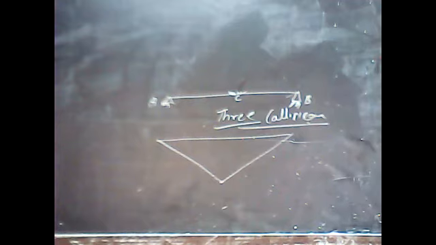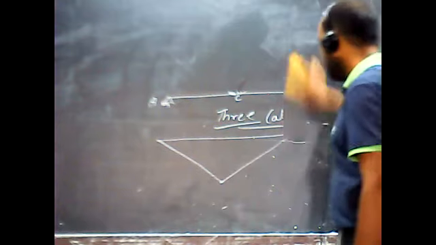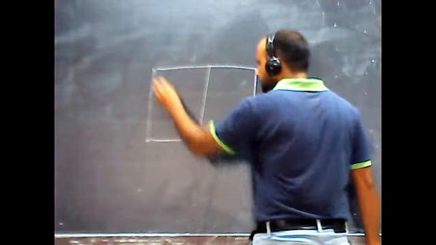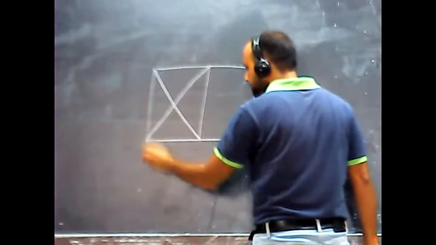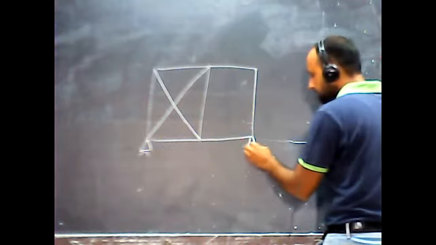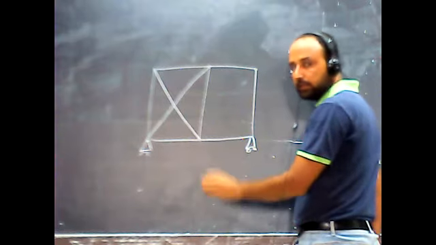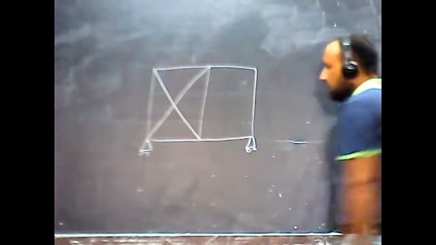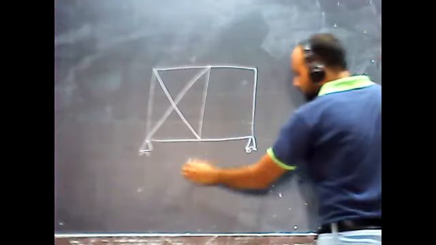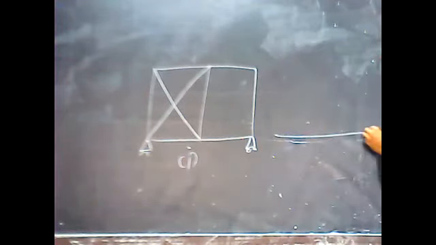So let me put an example in front of you. Try to solve that and let me know the value, and which one is overstiff and which one is, you can say, a deficient structure. So I have two examples. Let me draw the diagram first. Are you able to see now? Yes, sir. So this is example number one, and let me draw the other as well.